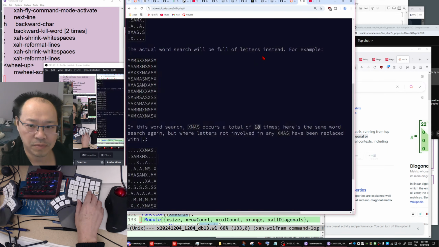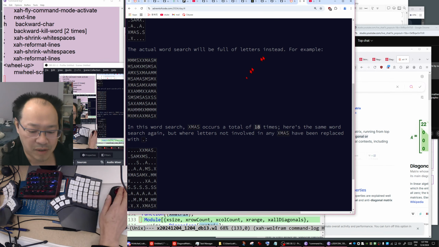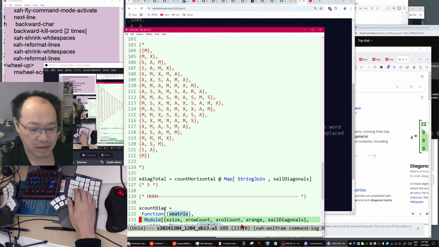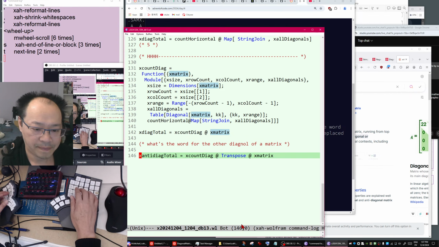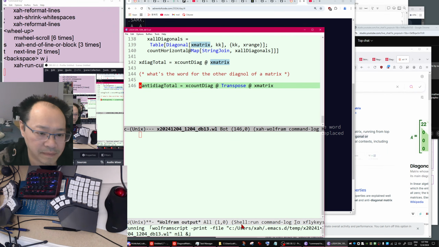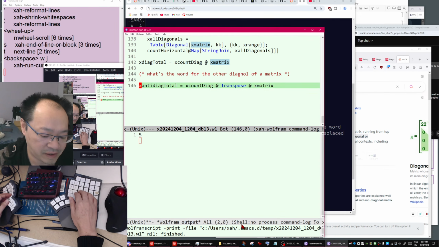So normally you want that. When you transpose, yeah, that's right. Yes, that's right. So it so happens it's also 5. Evaluate it, let's see. It so happens it's also 5, okay?